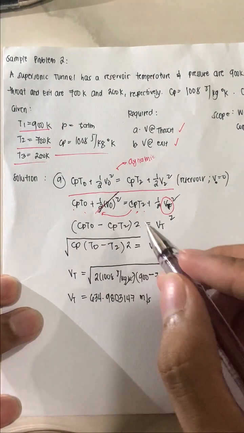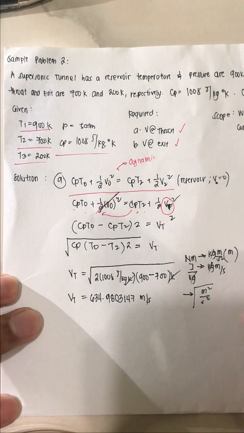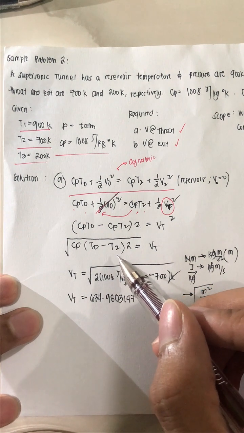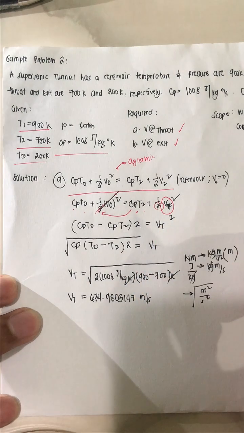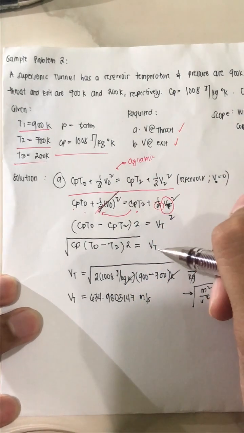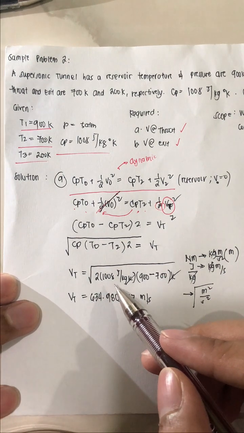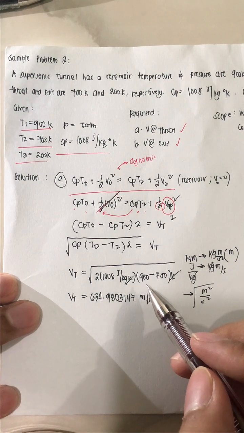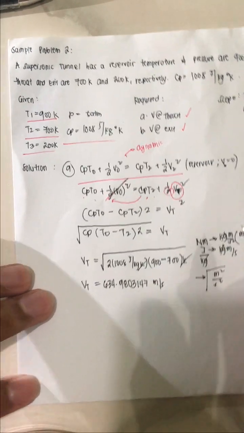Then we factor out Cp. So, Cp times (T0 minus T at the throat) times 2, since the 1/2 is moved over. So, the velocity at the throat is the square root of 2 times 1008 times the difference between 900 and 700, which equals